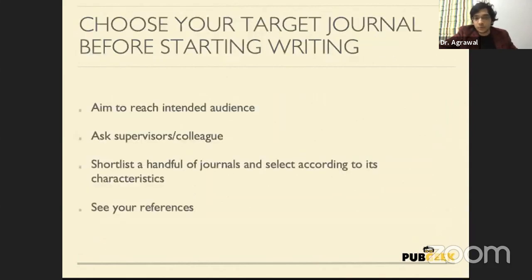So before you start writing, you have to choose your target journal. Again, I spoke of tools like PubMed, where there's a journals tab available that shows you the different types of, like, say, hepatology or renal system or orthopedics or spine or whatever it is. That shows you a list of journals that are indexed in PubMed. There's something also called SCImago, SCImago. It's a website